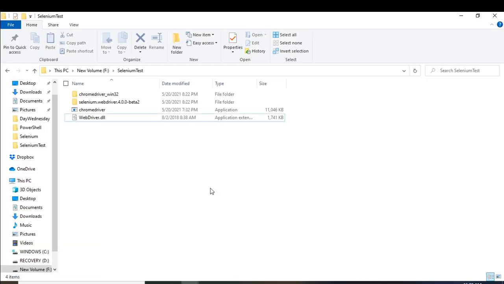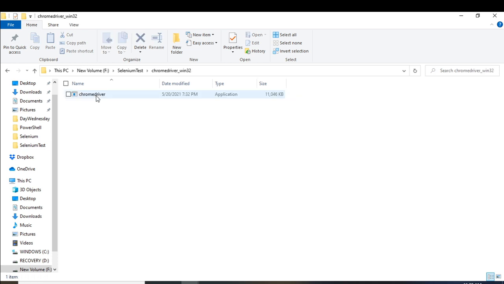This is the folder, and you will be needing just these two things only. One is a DLL file, another is a Chrome driver. Okay, and nothing else. These two are just folders which contain these two things.